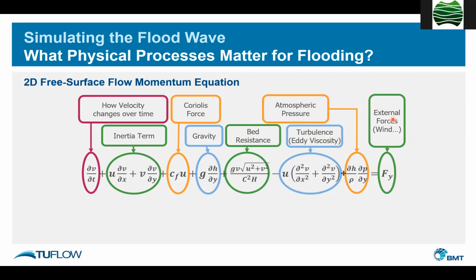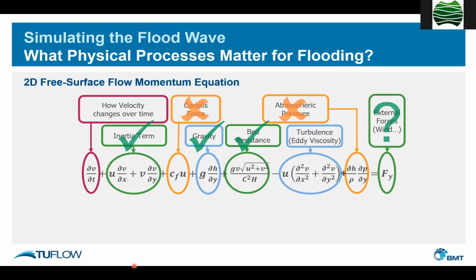So in the coastal world, you pretty well need all of those terms. But in the flood world, you can pretty well not bother with Coriolis. That's not needed. It has no effect on a flood wave. And atmospheric pressure doesn't come into play either. Occasionally, you might need an external force like a wind, but that's pretty rare. The terms you do need are gravity, otherwise the water won't move downhill. You need bed resistance. Whether you've got a nice smooth road or a very dense forest, the water's going to be more resistive in that forest scenario. So you definitely need bed resistance.